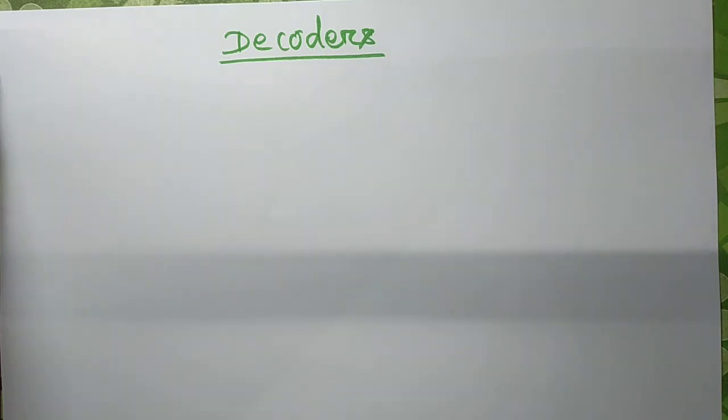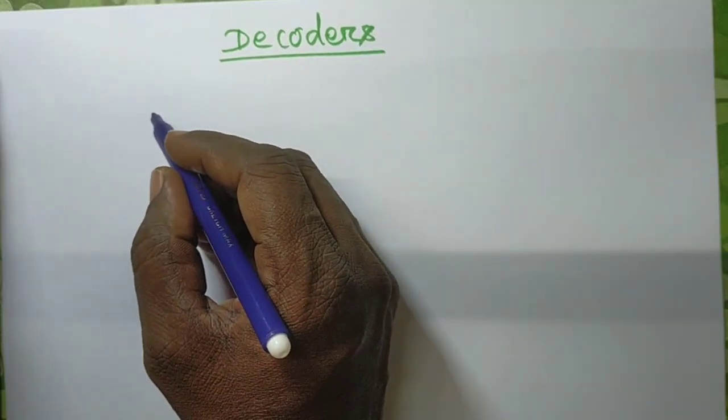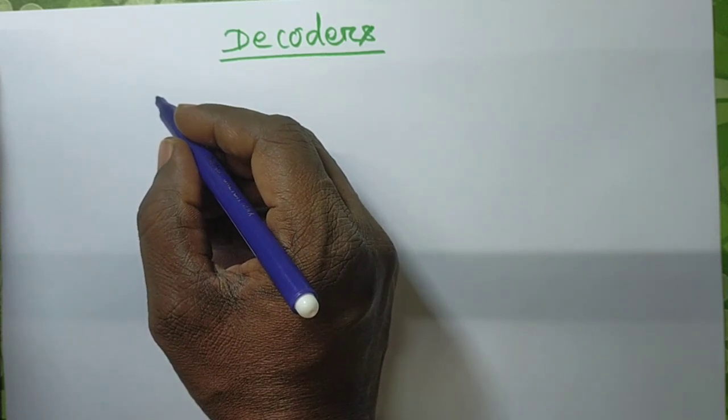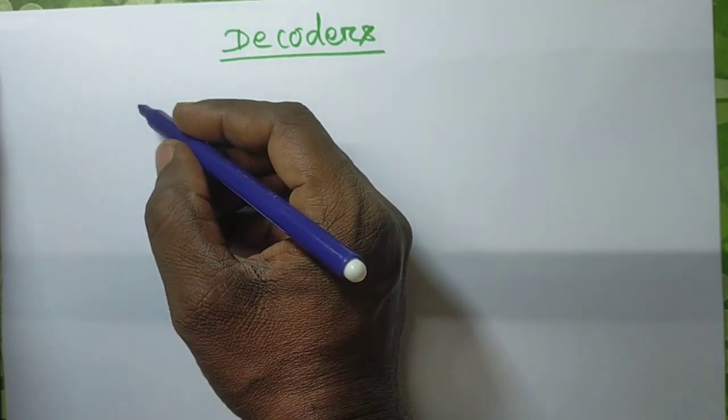A decoder can be described as a combinational circuit that converts binary information from n coded inputs to a maximum of 2 to the power n different outputs. In a very simple way, I will tell you how a decoder is defined. It is a combinational circuit that